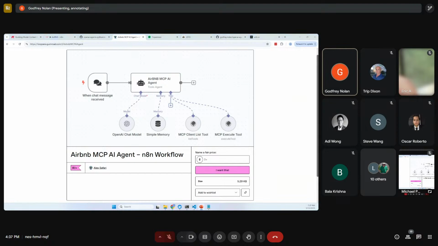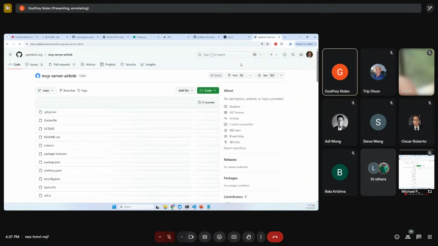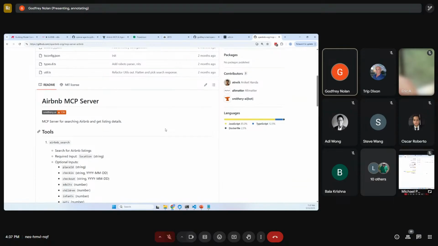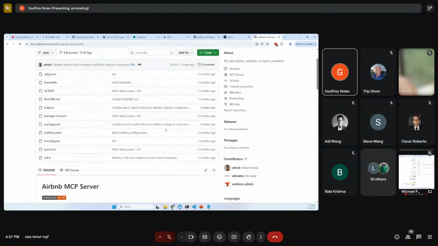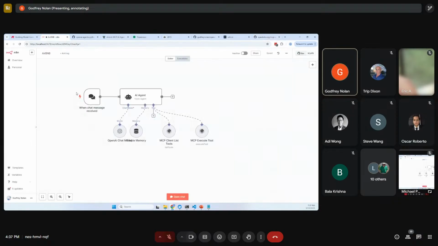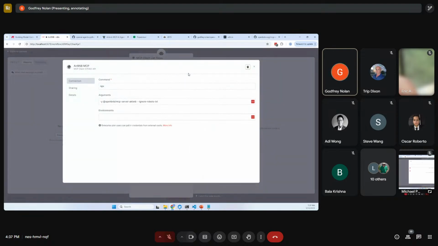And what he's doing is he is calling this Airbnb MCP that somebody else created, which is an MCP server for searching Airbnb and getting listing details. So even better, if we go into N8N, essentially what you do is you have to hook it up by telling it that